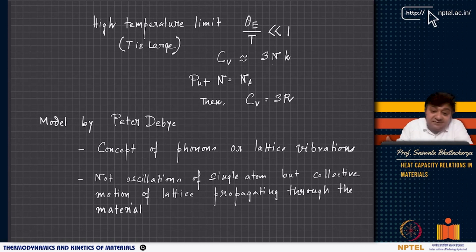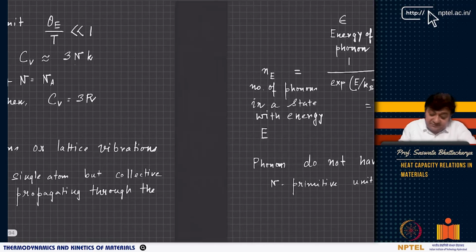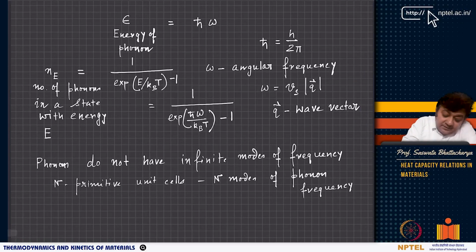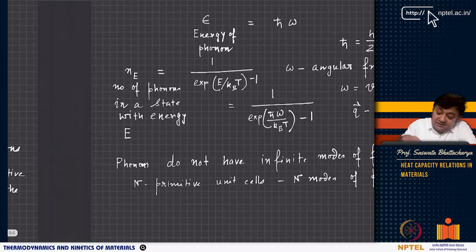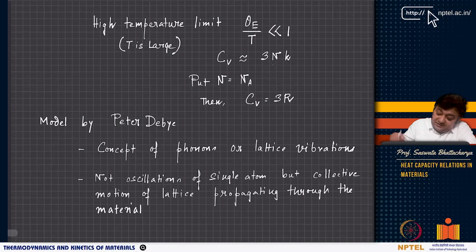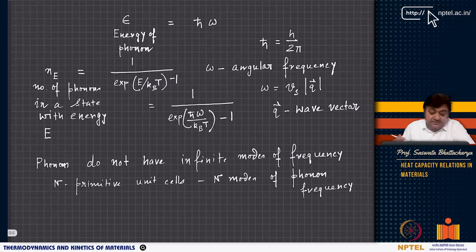Right, so there are lots of animations of such lattice vibrations. You can see how these lattice vibrations happen, and lattice vibrations can give different modes. But again, unlike electromagnetic waves, you cannot have an infinite number of modes and stuff. Right, so basically, you now introduce a concept called phonon, which is nothing but lattice vibration, and when there is a thermal excitation, like there is some heat input and stuff, you will start seeing that this excitation passes through the entire lattice in the form of lattice vibrations. It is propagating through the material.